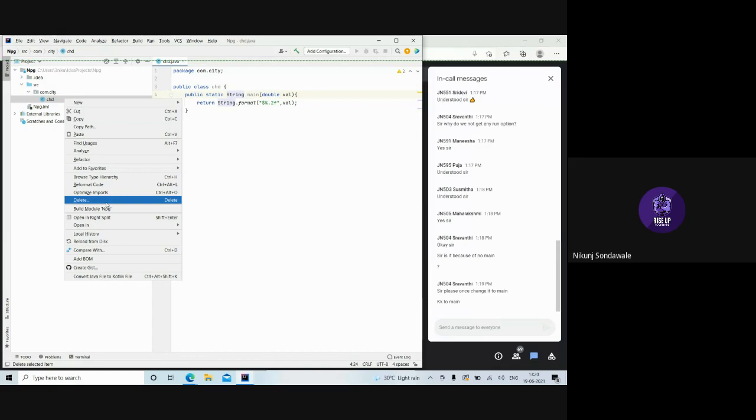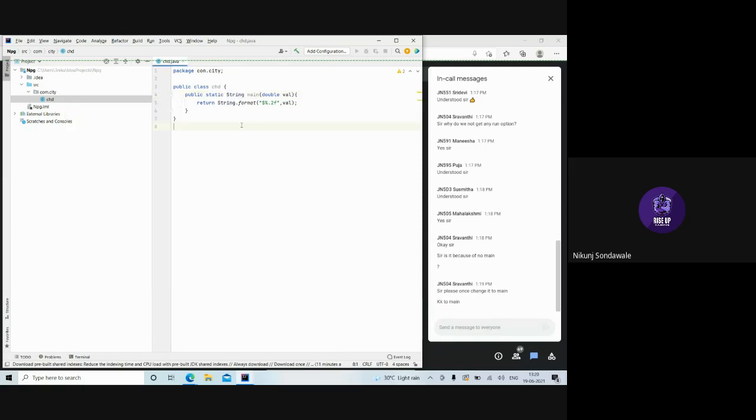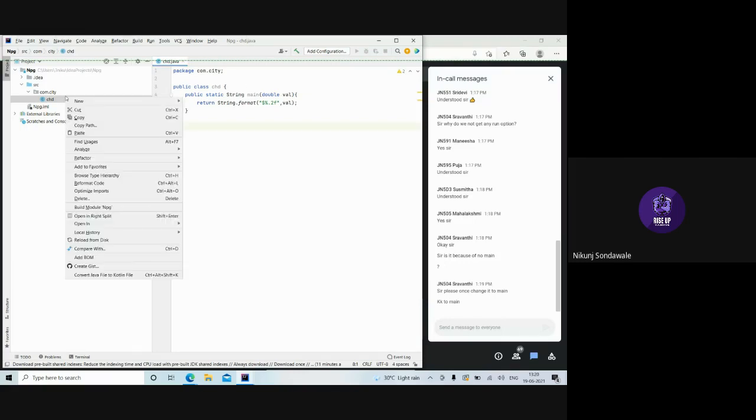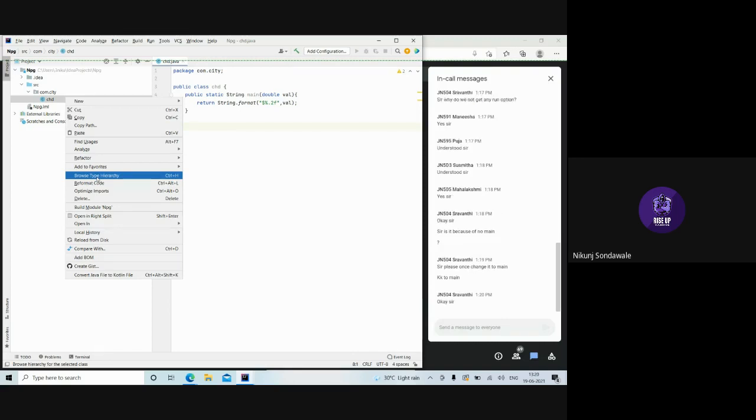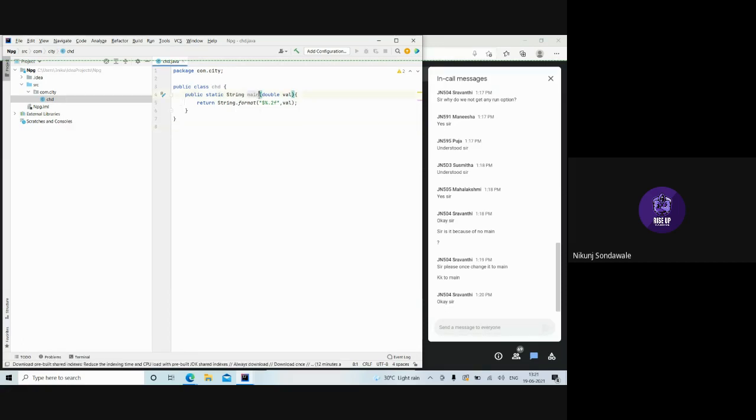I don't think so. That could be the reason that we don't have a main method, so we could not run it as a main. At least check once on the internet so that we can confirm it, because even I don't know why we don't have the run button.